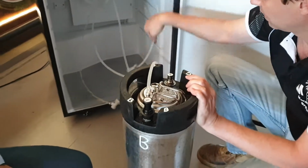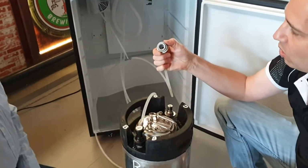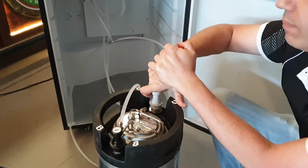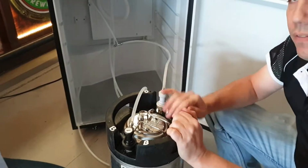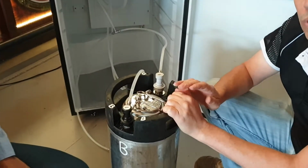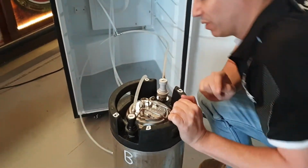And then you take your gray gas connector and pull that collar back and push down until you get a nice clip. And now we have our keg fully connected to our keg fridge. So we're almost ready to pour beer. But before we pour beer, what we're gonna do